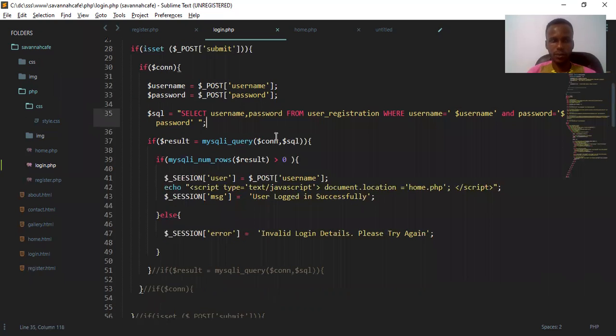Then the next thing we wanted to do is to go and query this result. You should query this. So what happened? Why is it saying invalid login for someone that has